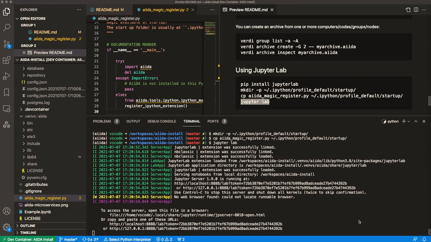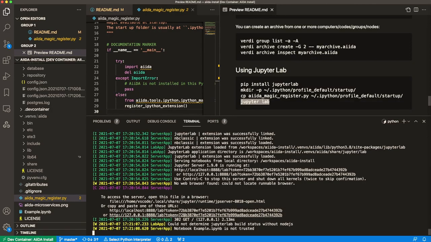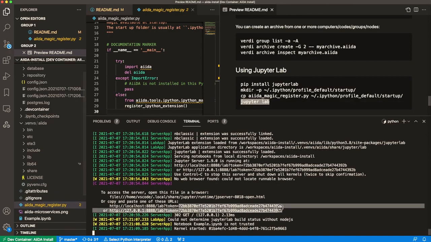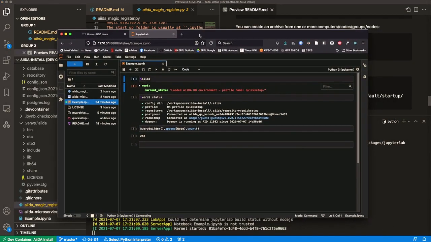We'll open it in a browser. We just need to get the token here from which to connect. And if I move this over to here,